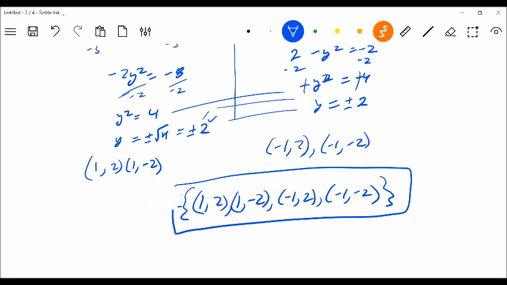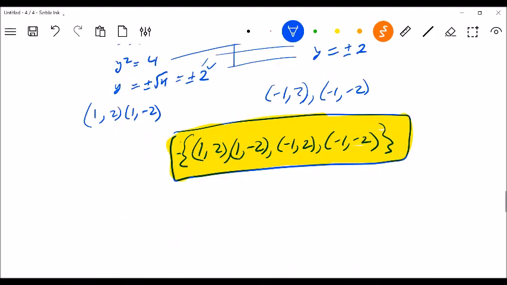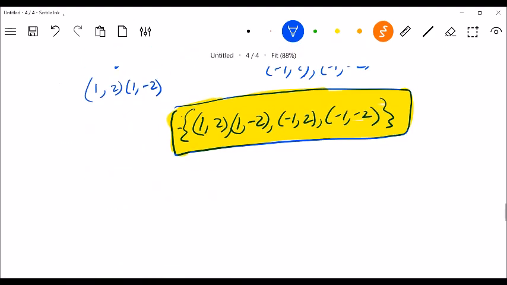All right. So in this case, we have 4 real actual answers. And remember what we have here is 2 hyperbolas. So what this might look like based on that could be something like,